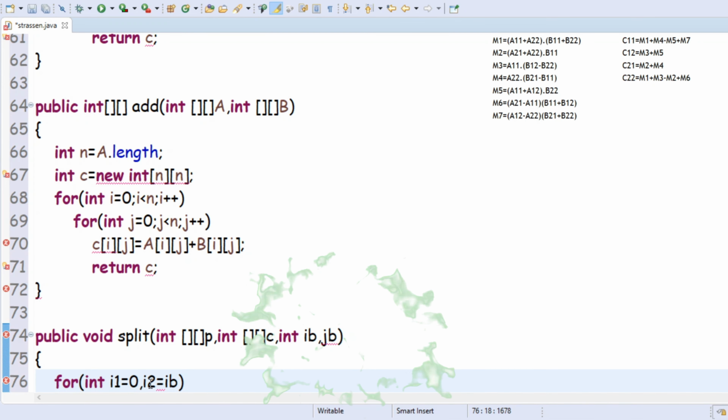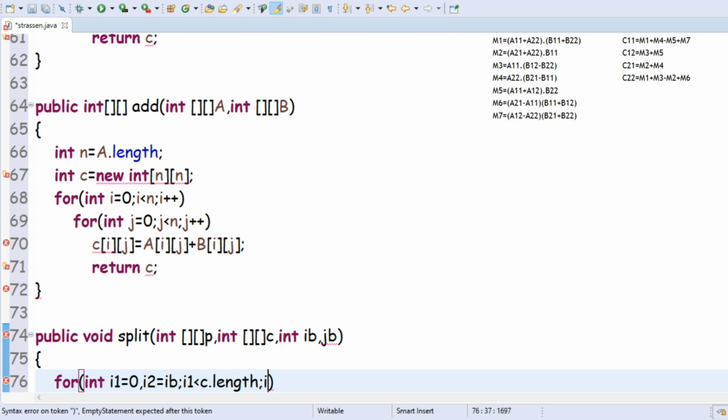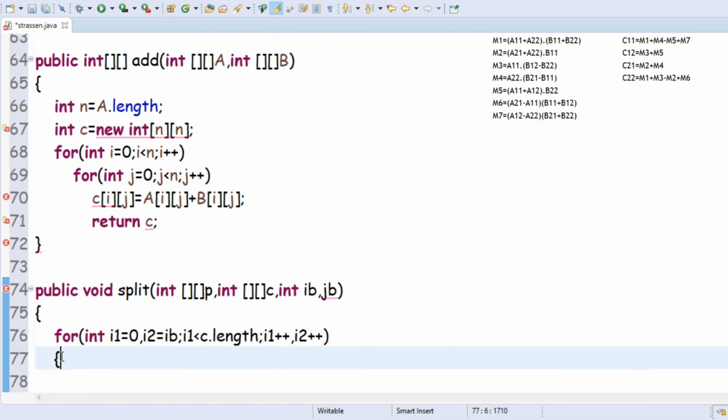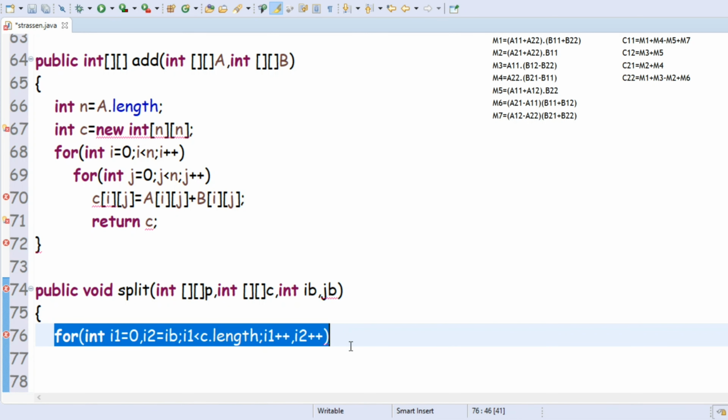Here two functions are called at a time. Next, what will be the length? So i1 must be less than c dot length. Next, we have to increment i1 plus plus comma i2 plus plus. Okay, after this, for j, same, I am copying.